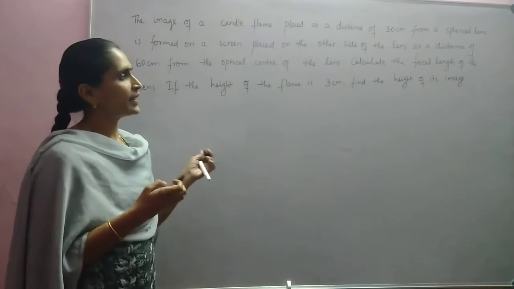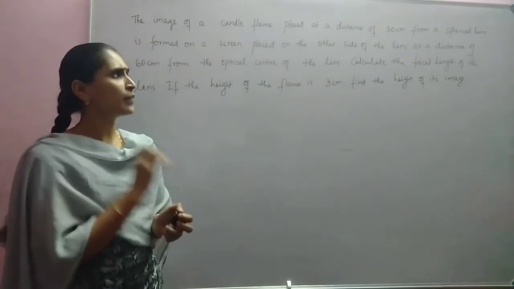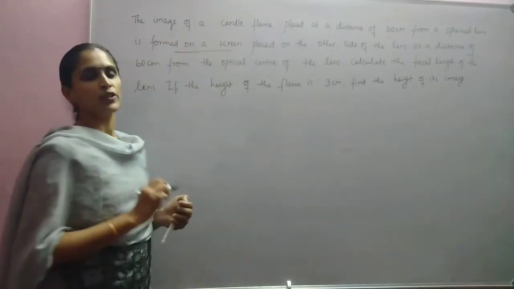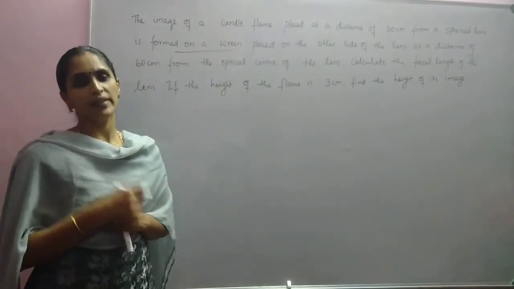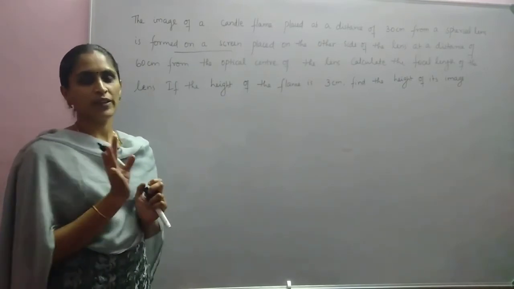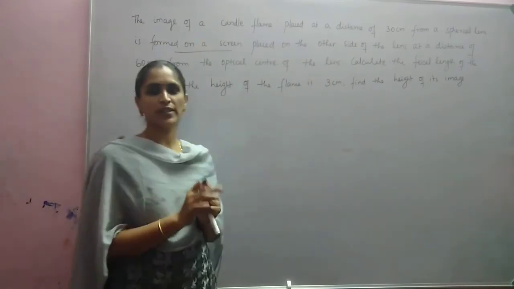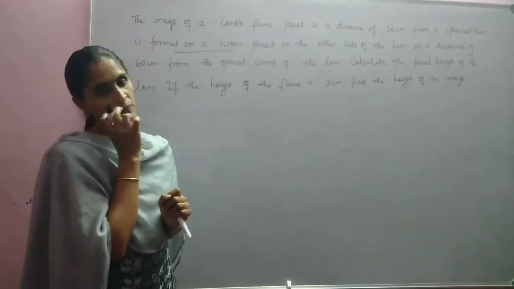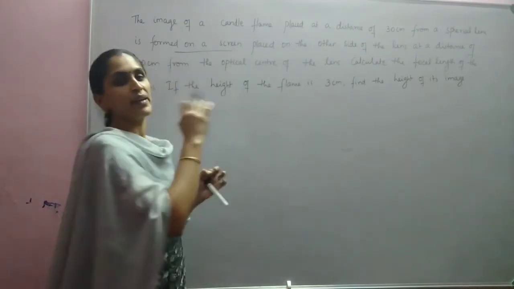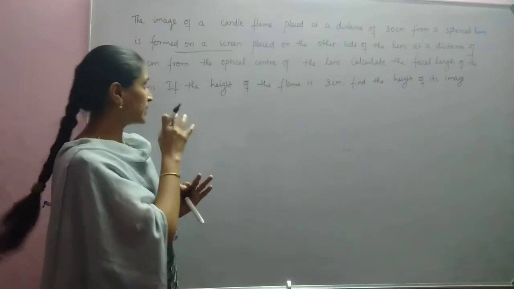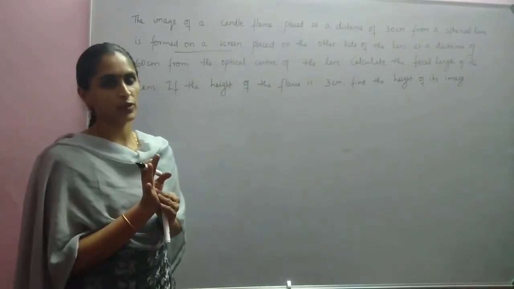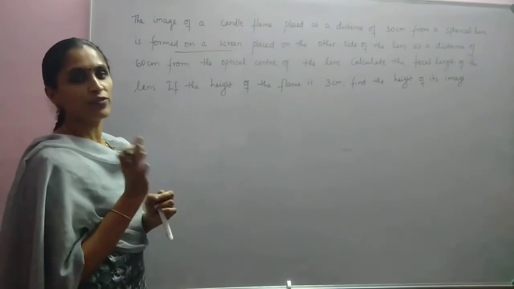So here you have to find the focal length. Which type of lens will it be? Here it is mentioned that the image is formed on a screen. In which type of lens is the image formed on a screen? Only in a convex lens. So you have to get the focal length as a positive quantity because it is a convex lens. Sometimes they may ask you to identify the lens. So you can write, since the image is formed on the other side and that image can be caught on a screen, that happens only in the case of a convex lens. Now we have to find the focal length.